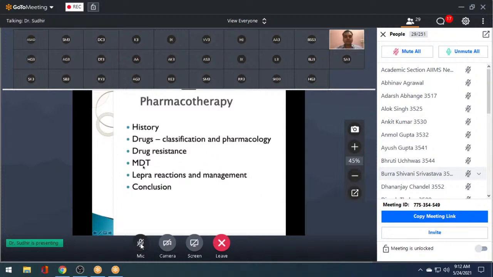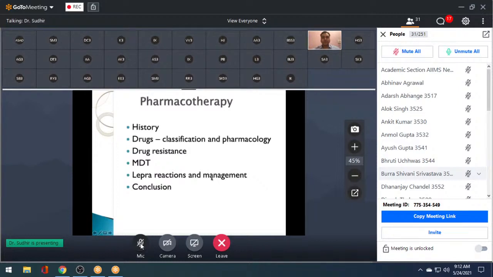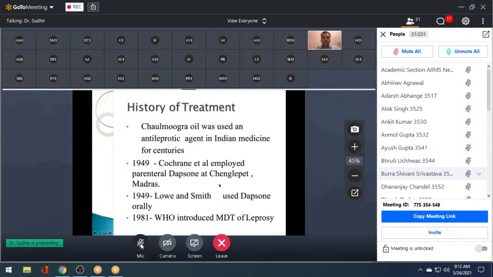Sometimes even after the drug treatment, there can be some lepra reactions. The antigen released from these organisms after treatment will lead to antigen-antibody complex like reactions, or there can be hypersensitivity type reactions that lead to lepra reactions. So we'll consider what the lepra reactions are and how we'll manage them. Okay. So coming to historical treatment,